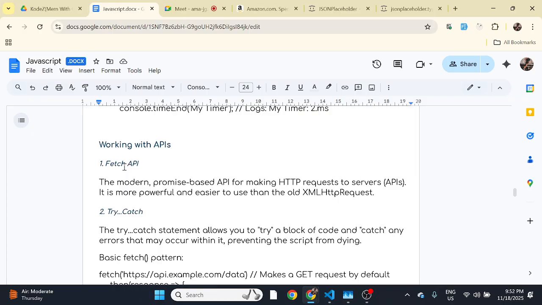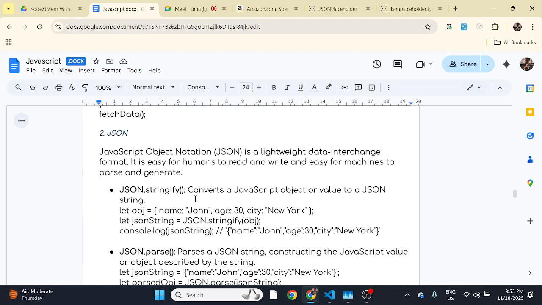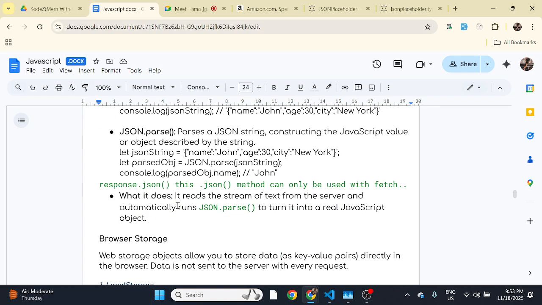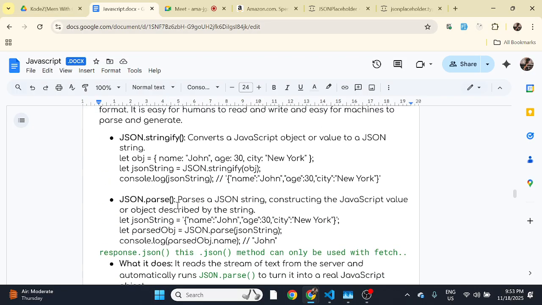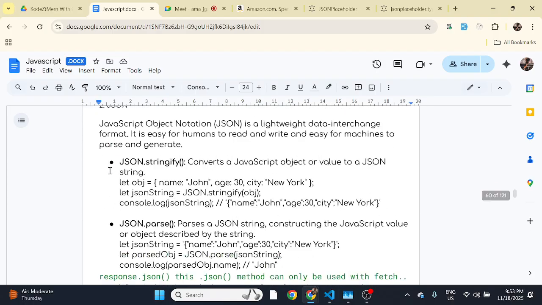So as we just saw about the fetch API, we use the fetch API to fetch the data from APIs. To call any API we use this fetch method. And we have try and catch also, which we will learn about in our next class. As I told you, we use that .json only when we are using fetch. But in the normal case, we use JSON.stringify and JSON.parse. Okay, before going to concepts like JSON and try catch, I will tell you about